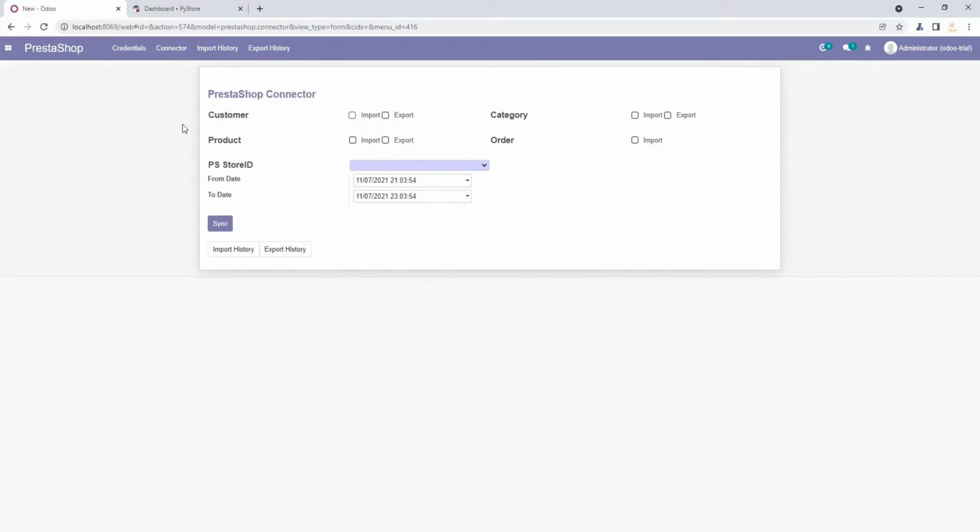In the connector menu, as you can see, we have the following services that are integrated in Odoo. We can check out all the services one by one, and we also have an option for selecting the account we are using. I have only a single account, so it will show only that one.